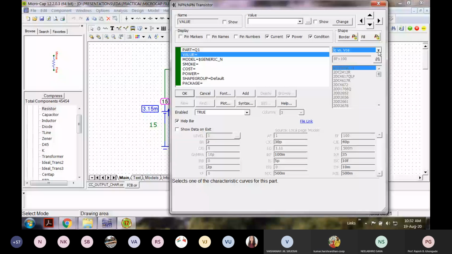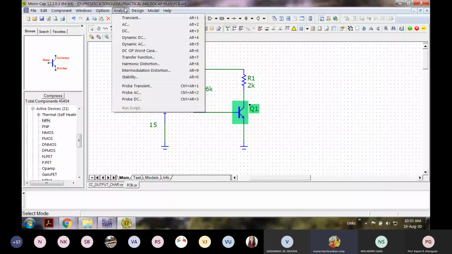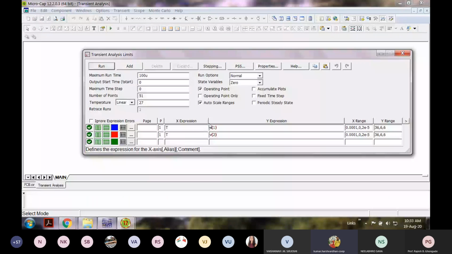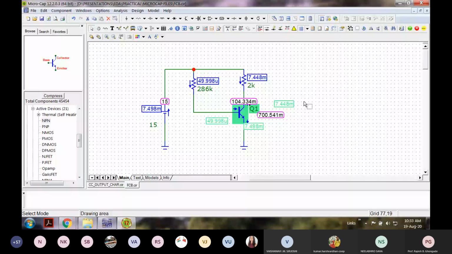Because of the change in beta, I'm having this problem.